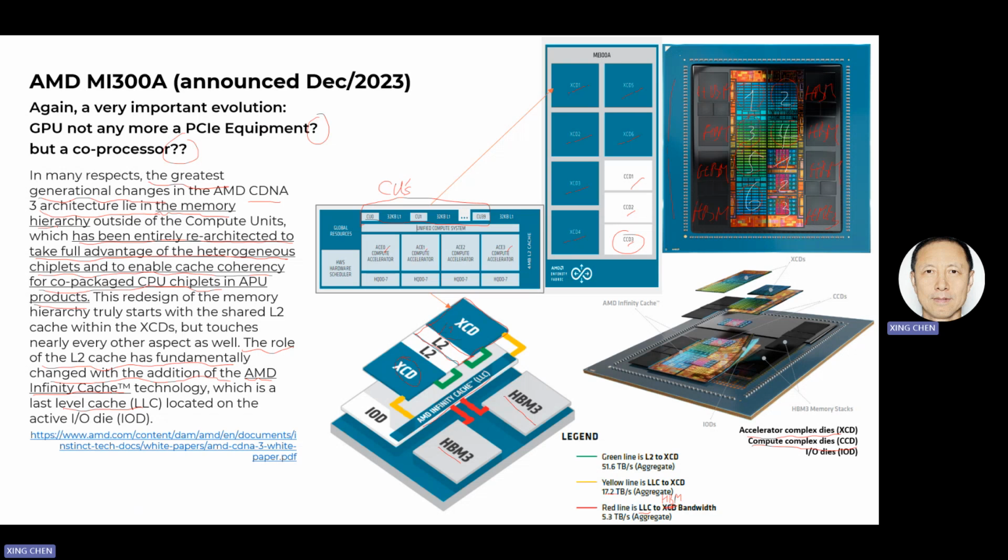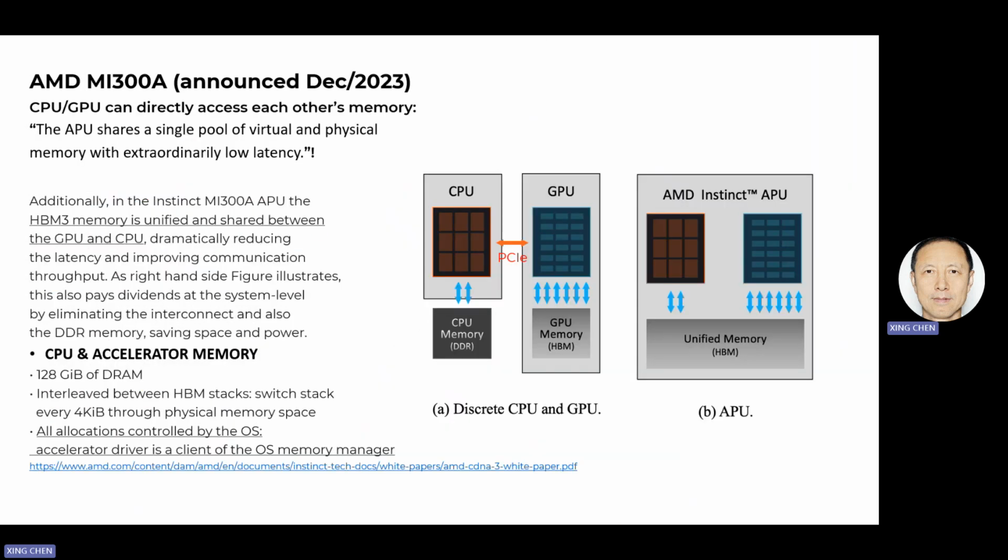But that's normal, that the memory is connected to the last level cache and connected to the XCD and the CCD. Okay. Now with this kind of memory arrangement, it's getting more interesting, because if you remember for Nvidia and for AMD,